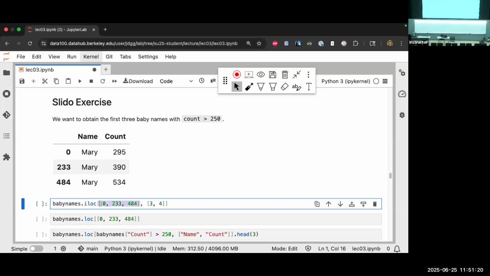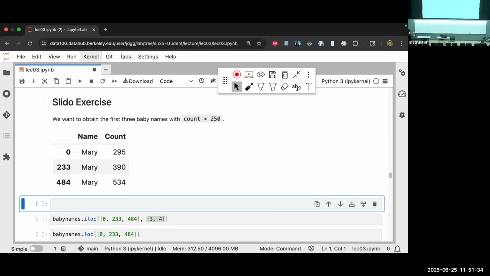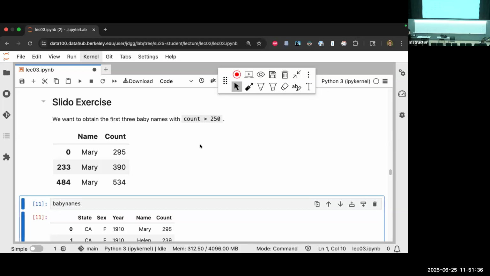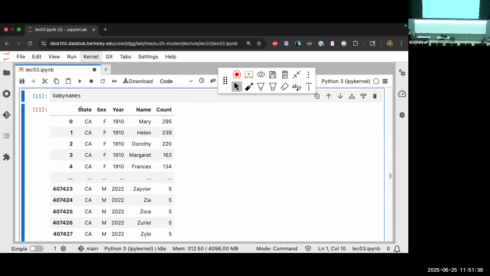The first one is all of the row indices as integers: the 0th row, the 233rd row, and the 484th row. That looks like what we're looking at there. And then we're also grabbing the third and fourth columns, where the first one starts at 0. So if we go look at the baby names data frame, we have the 0th column, the first column, the second column, the third, and the fourth.